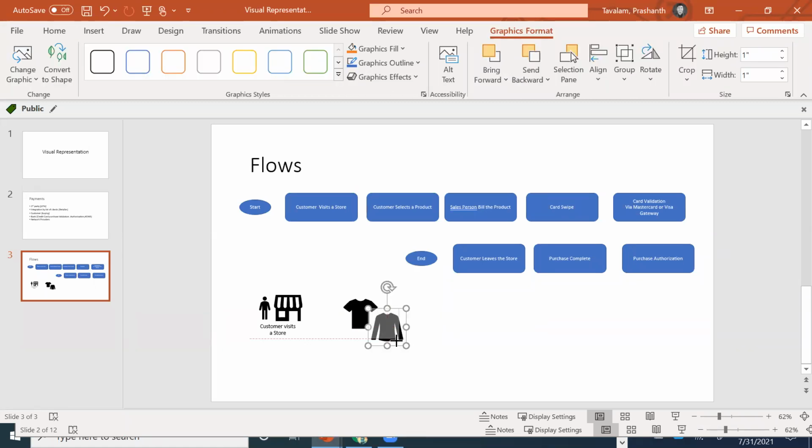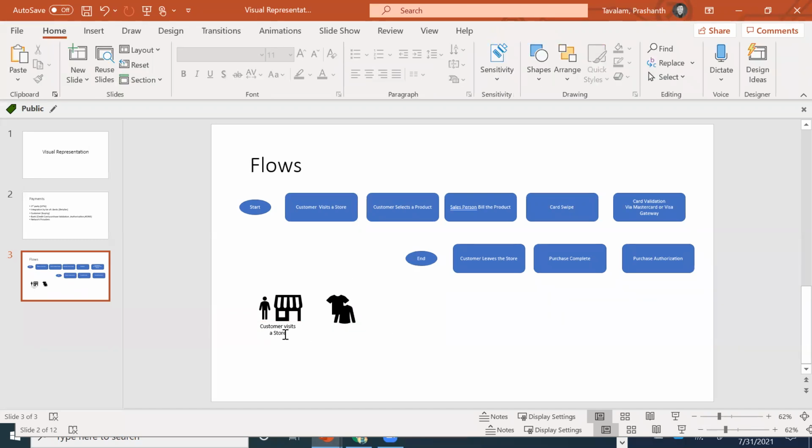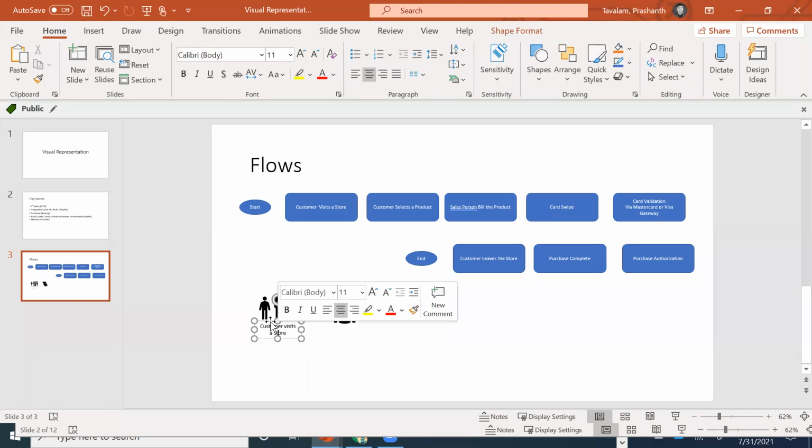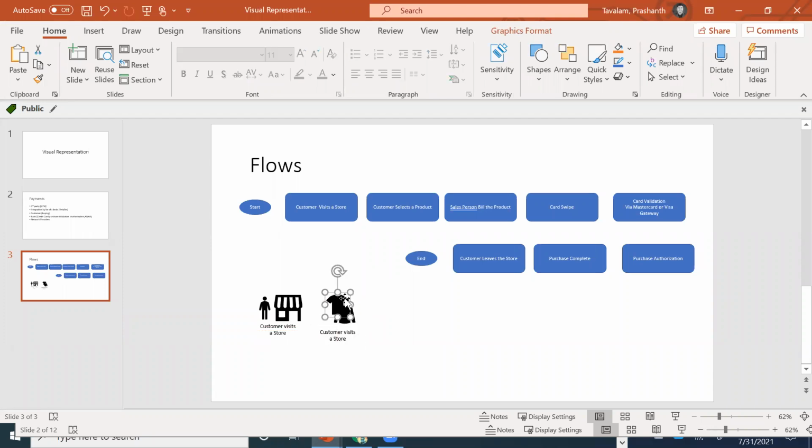So now you're selecting a product. Ensure uniformity of the image. Now ensure the height, etc. is perfect.